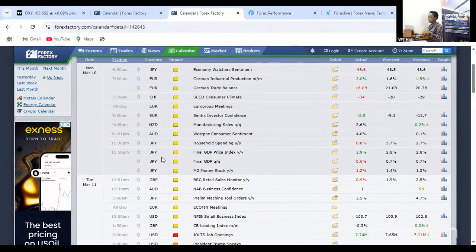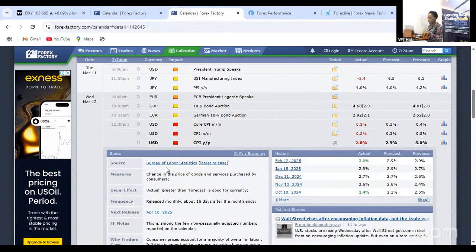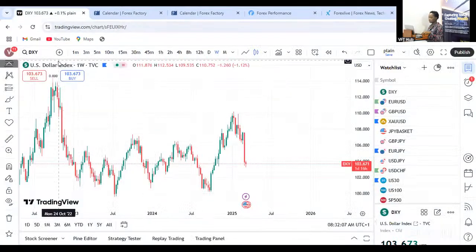All right, so yesterday we had the CPI data come out on the dollar and it came out lower than expected. This typically signals a little bit of weakness for the DXY, right? But it didn't really do much on the charts. Looking at the DXY itself now,